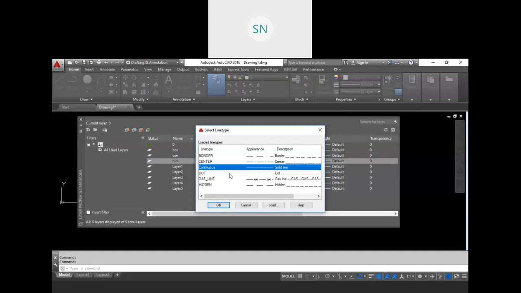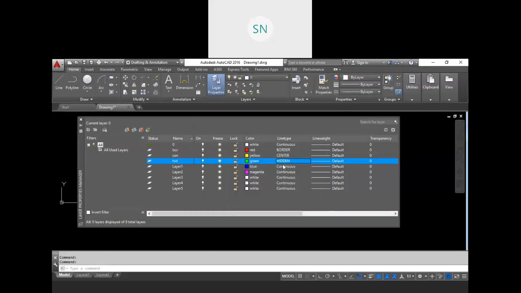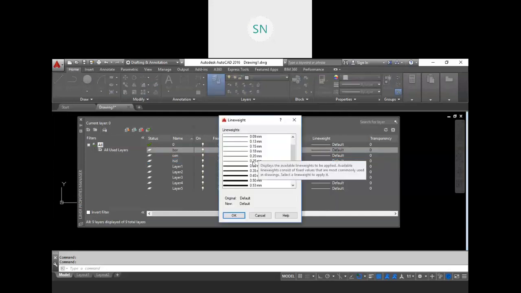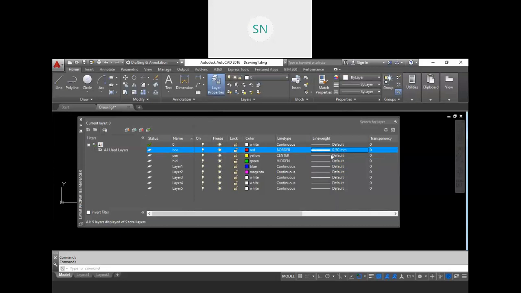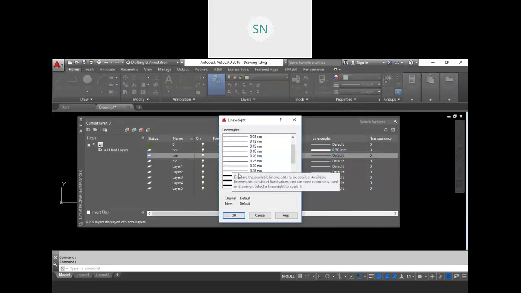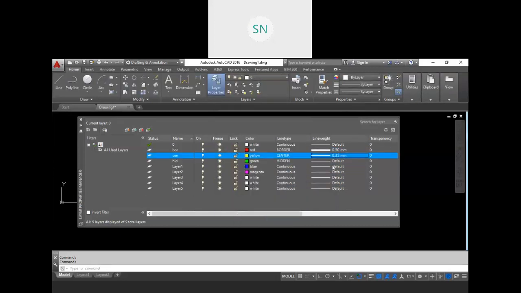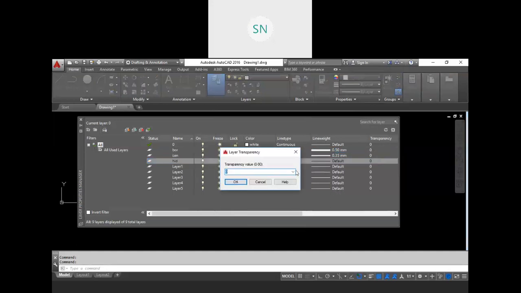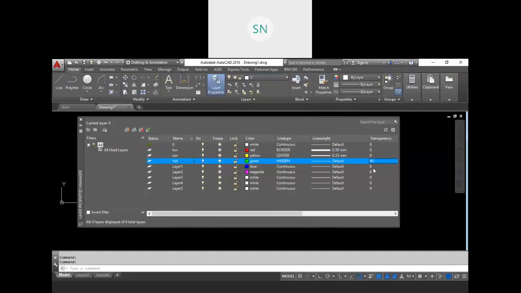Hidden lines, we will use hidden lines, and for the rest we will use continuous line. Also width: in the border I want 0.5 mm width, and in the center line I want 0.35 mm width. The rest default is fine. In the hidden line I want a transparency of 60%. So I just set these things over here, right?